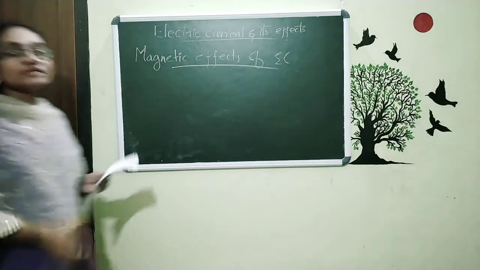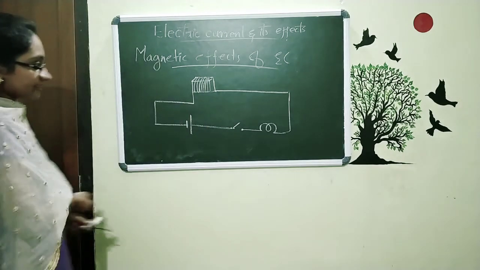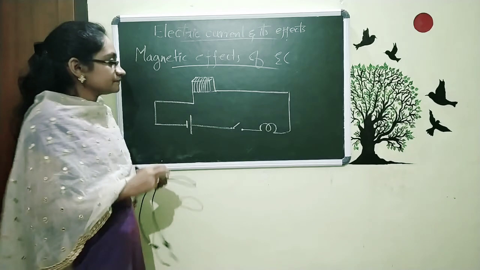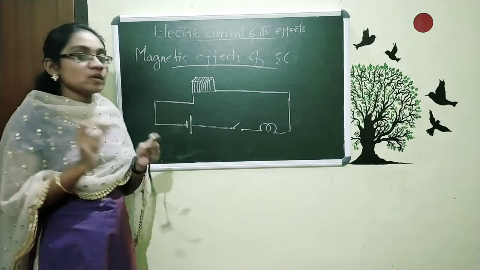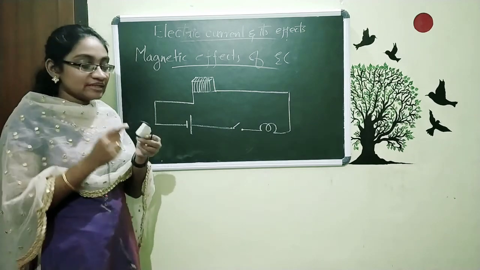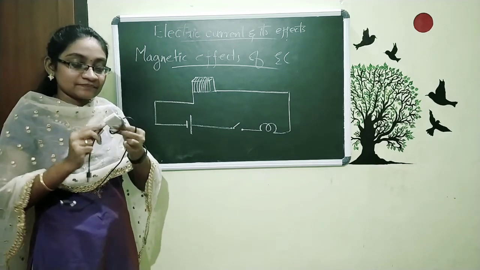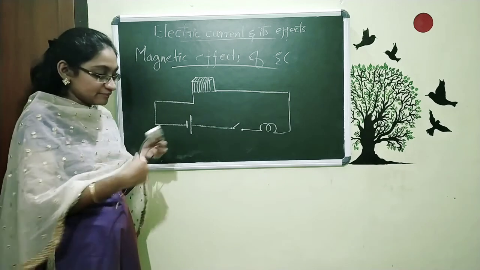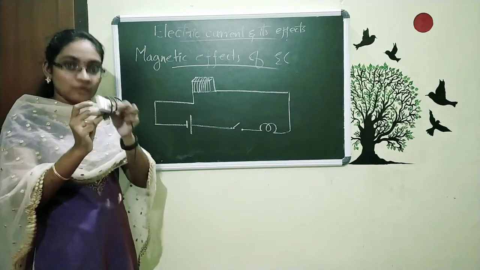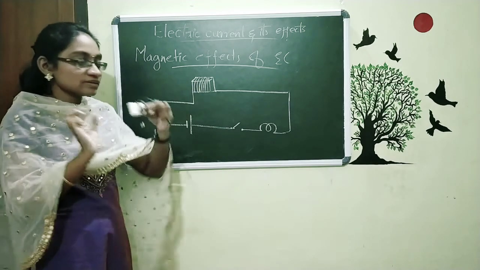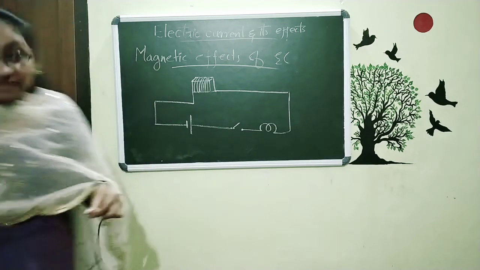Now, we can talk about an activity. Here you can see a circuit diagram and I will explain what it is. I just take a box, a matchbox. After that, I just take a wire and we want to wind it like this. And that's what you can see here. We are selecting a certain type of copper wire. I just show you what we are doing here. We wind the wire on this box. That is what we just drew.